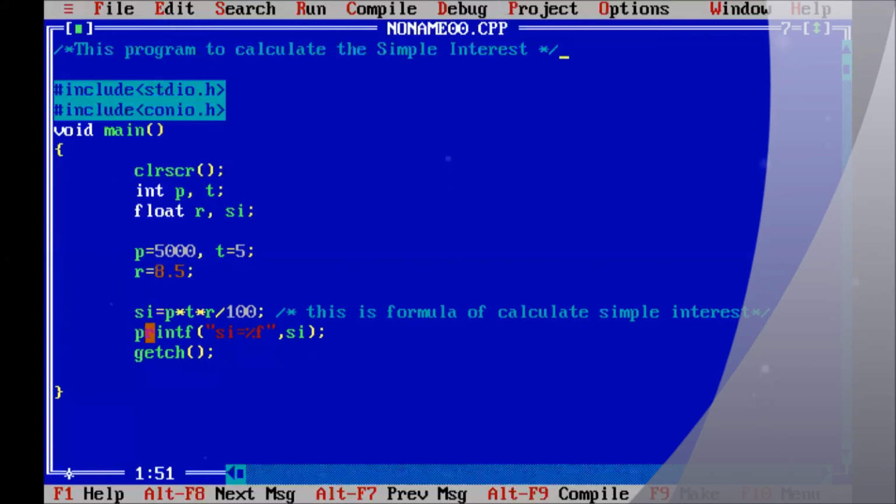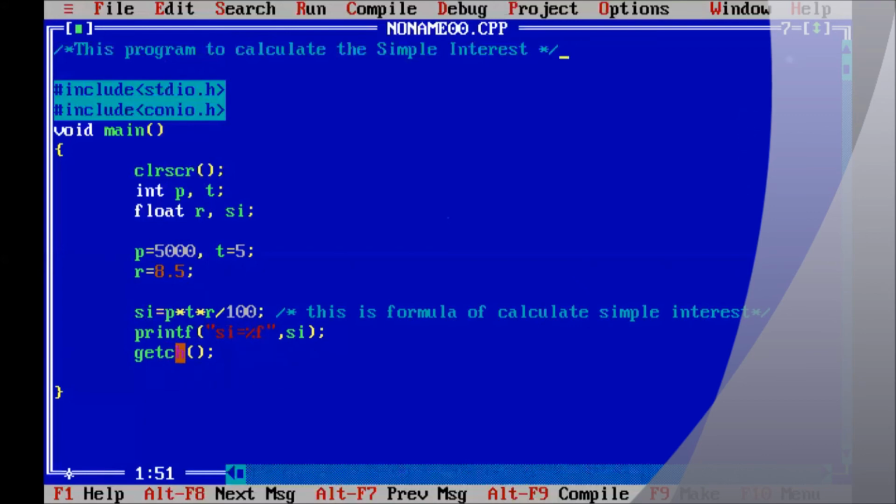And here we simply write the formula to calculate simple interest, and the result of the calculation is stored in the si variable. So we simply print the si variable.